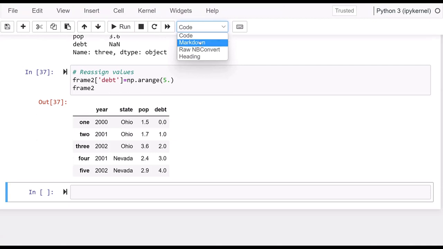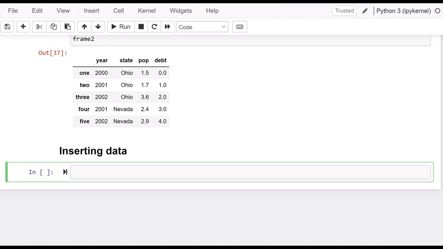Another cell, I convert it to markdown, and then we have a level 2 heading. To insert some data in a data frame, we can choose to have a separate series with some values, and then we specify the index. Remember, we have named index here, 1, 2, all the way to 5. We have our columns. And now if we wanted to add a column here to change these specific values, we can first